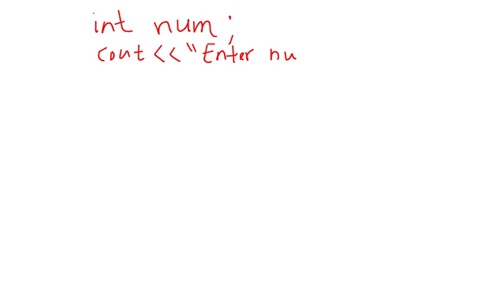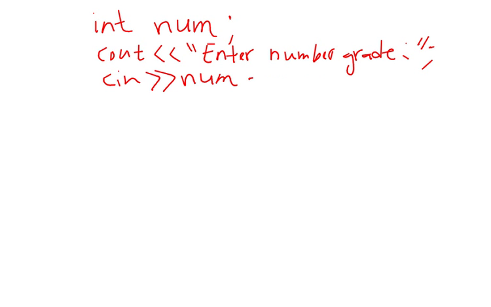Let's call that number, or num. That's good enough, meaning it's a number grade. And then you're going to cout, asking the person to enter in the grade: enter number grade. Then you cin into num. So you should be getting very comfortable with this idea of the cout followed by the cin. Every time you ask someone to enter in a value, this is input output. And then